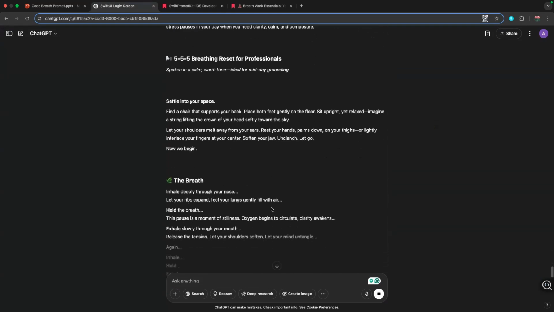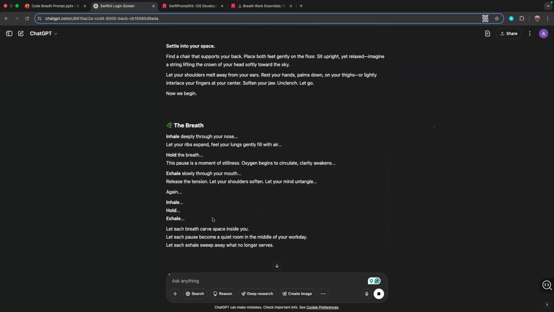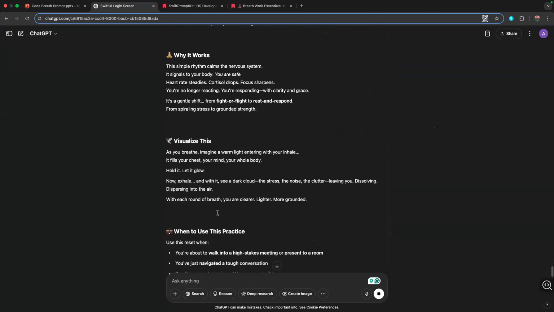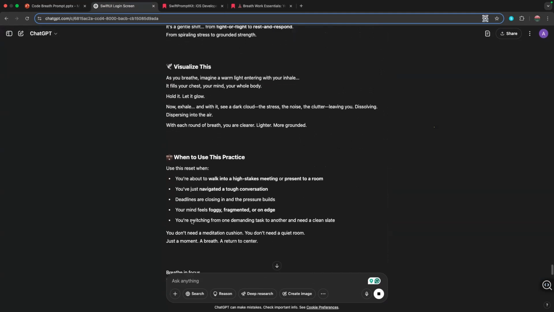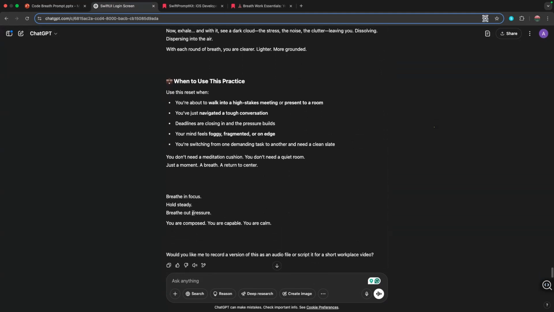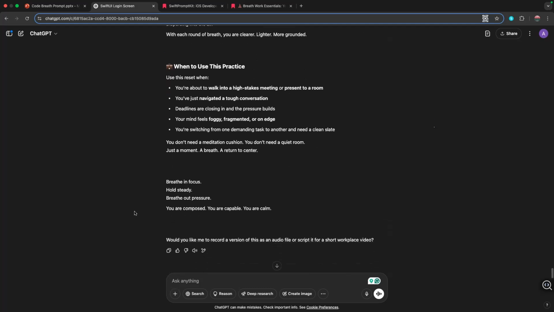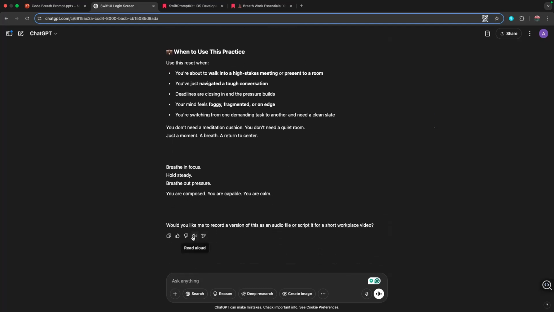So basically it's creating the session for us based on the prompt. And once it is done, we can use ChatGPT's read aloud feature.